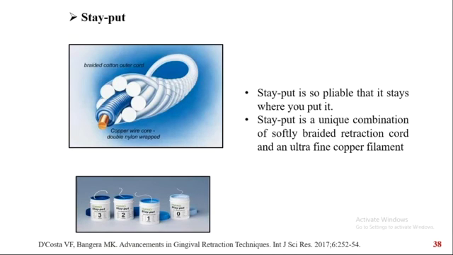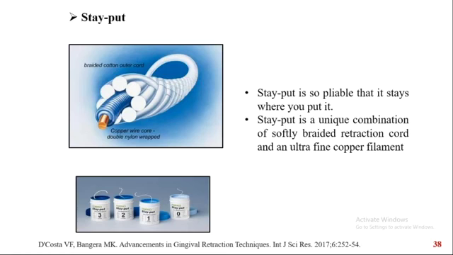Coming to Stay Put. Now, the Stay Put retraction cord has a copper wire core over which nylon fibers are wrapped. Also, the outer layer is made of braided cotton. The advantage of Stay Put is that because of the presence of the copper wire, it is easily moldable and stays in the gingival sulcus once it is applied. Stay Put has the advantage of braided cords along with the impregnation of aluminum chloride, which helps